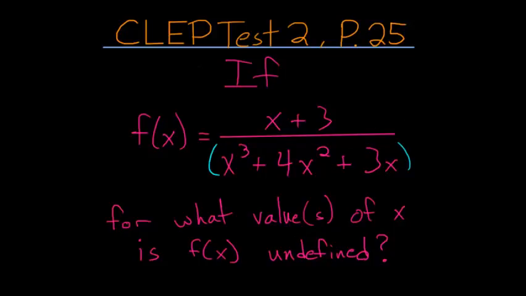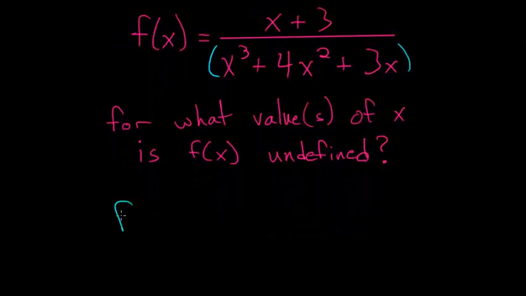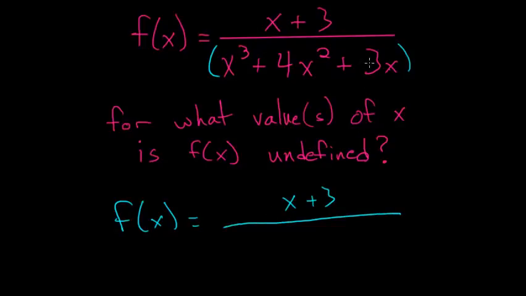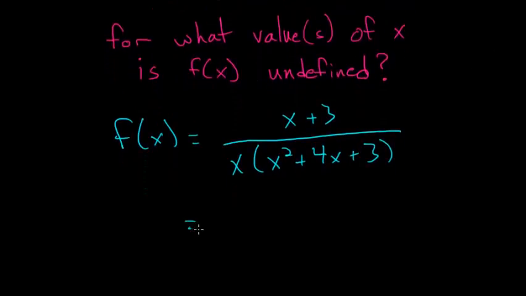So if we factor the denominator, in other words, f(x) is equal to (x + 3) divided by, and you can immediately factor out an x since each of these has an x in it. So we have x times (x^2 + 4x + 3). And this quadratic in parentheses can be factored as well. So rewriting this again, we have (x + 3) divided by x times, now we have two sets of binomials,